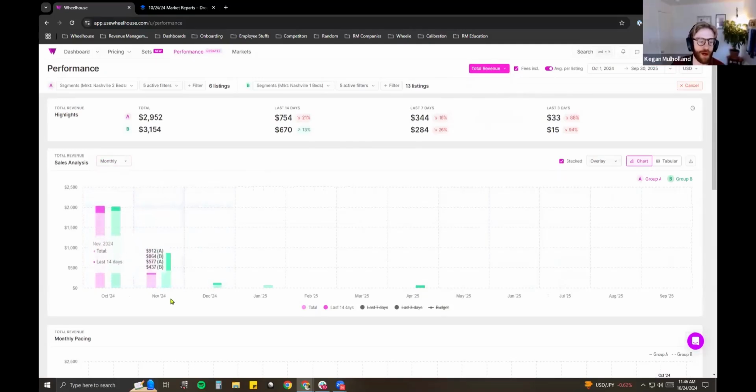So in this case, on average, my 1 beds are doing really well, or maybe my 2 beds are not doing well, because on average, monthly revenues are about the same. Although I do again have double the amount of 1 beds, so that's probably playing a factor in this hypothetical scenario. But yeah.